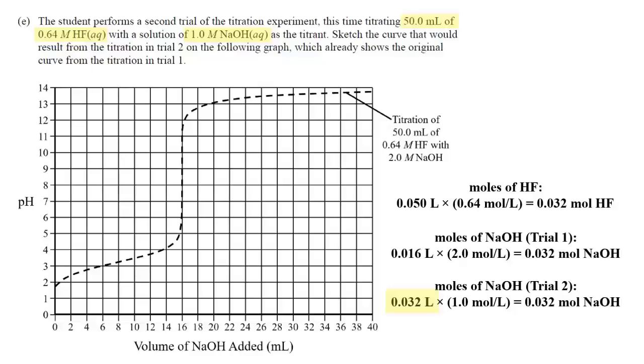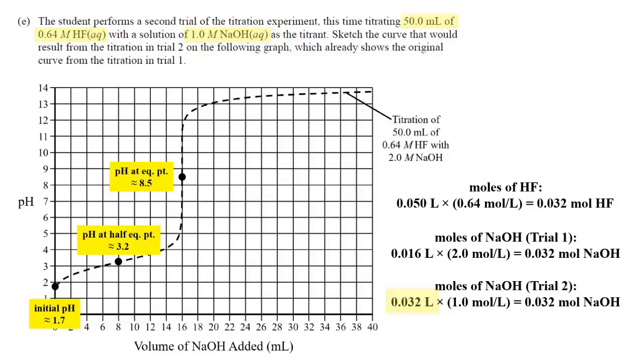So before I sketch the titration curve for trial 2 on this graph, I'd like to examine certain features of the titration curve from trial 1. And the 3 points that I'd like to examine are the initial pH, the pH at the half equivalence point, and the pH at the equivalence point. So in trial 1, the initial pH is approximately 1.7. The pH at the half equivalence point, which occurs after 8 milliliters of the titrant has been added, is approximately 3.2. And then at the equivalence point, which occurs after 16 milliliters of the titrant has been added, that pH is